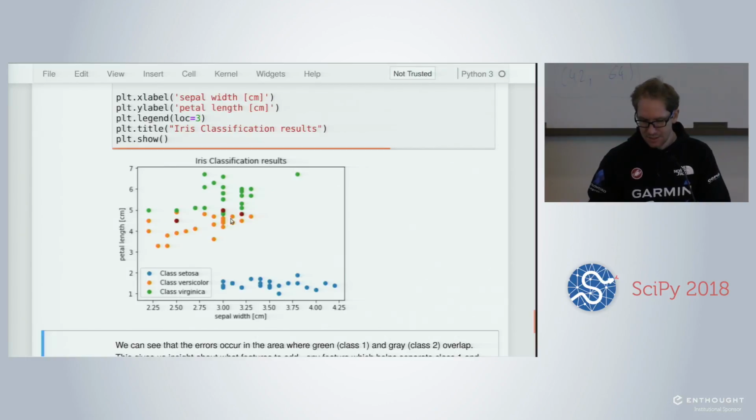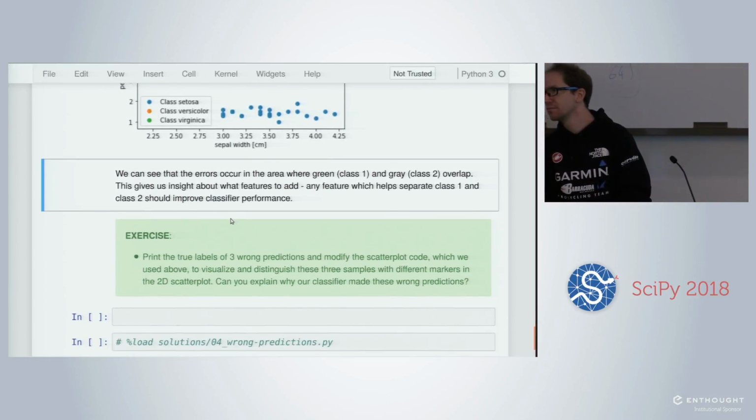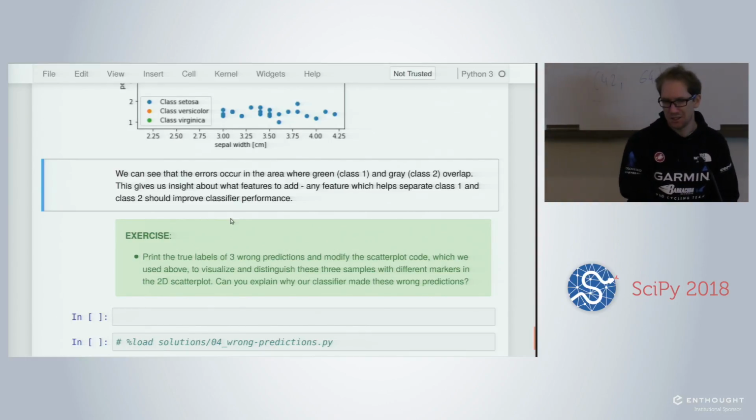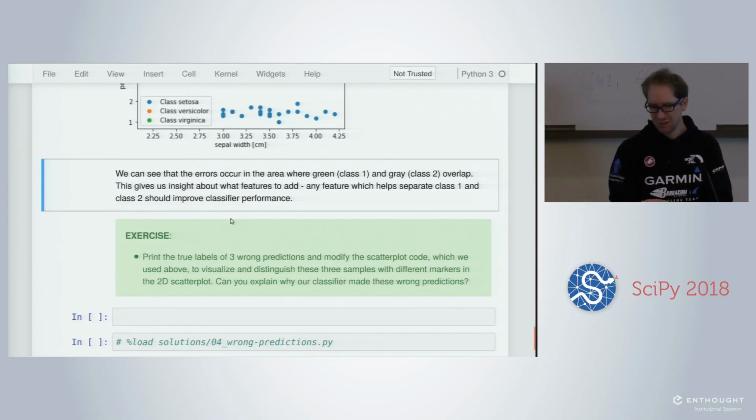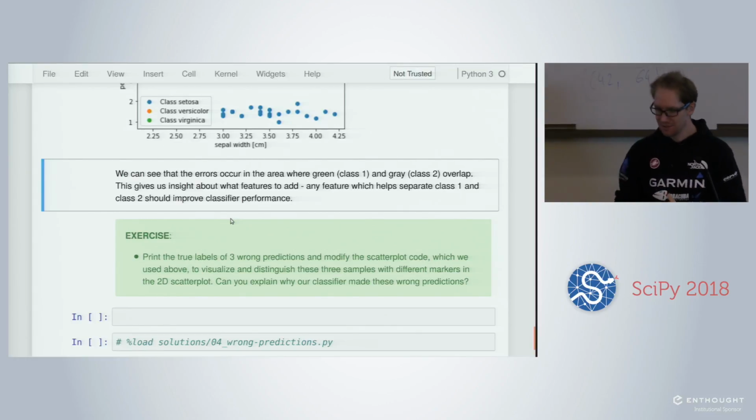So now there's an exercise on plotting, finding the labels of those samples and modifying this scatter plot. Yeah, you have the question before. Is it generally the case that it's more difficult to characterize samples that are on the interface between two clusters? Yeah, in that case, yes. It will be more linked to the neighbors. But that will be the exercise of trying to understand why those samples are misclassified.